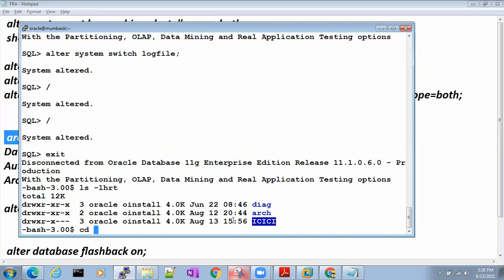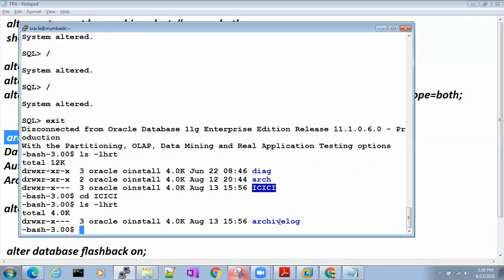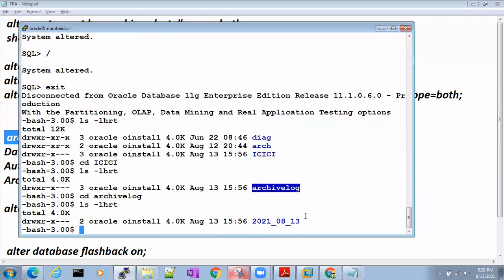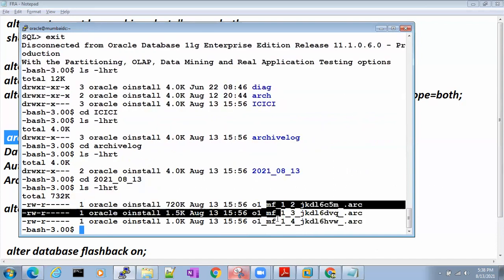Oracle did it. So go inside ICACA and see ls -lhrt. What is this? Archive log. Yes or no? Yes, sir. It is creating with the date. Here are our archives.